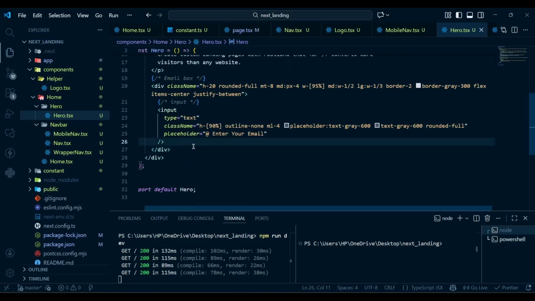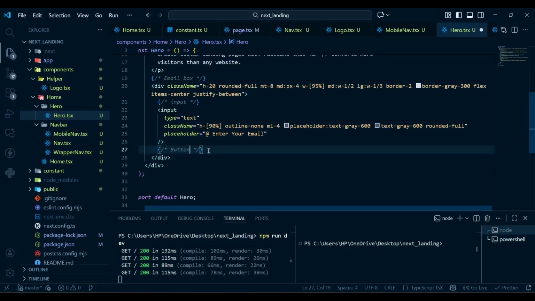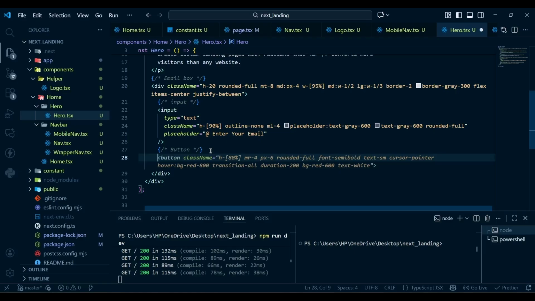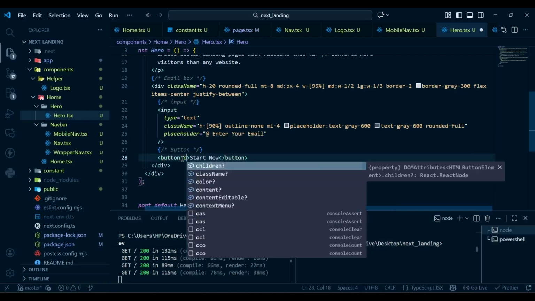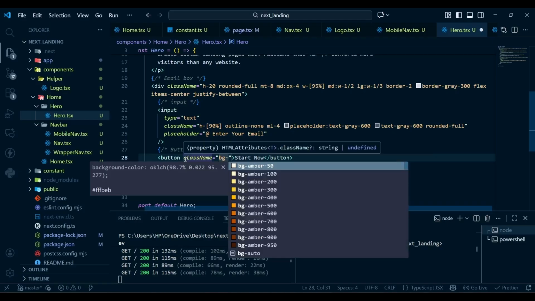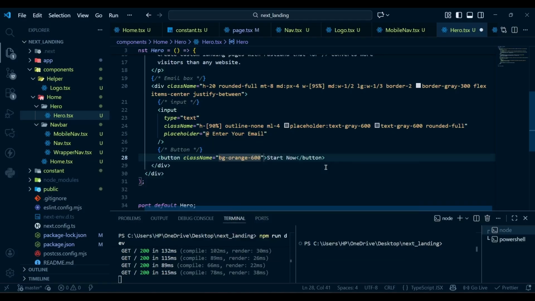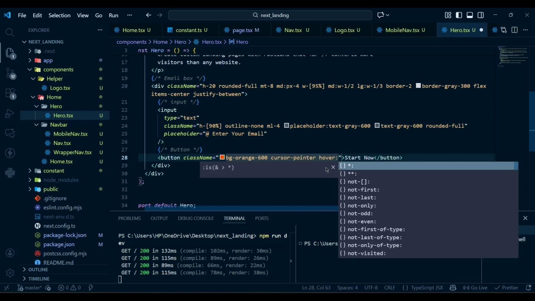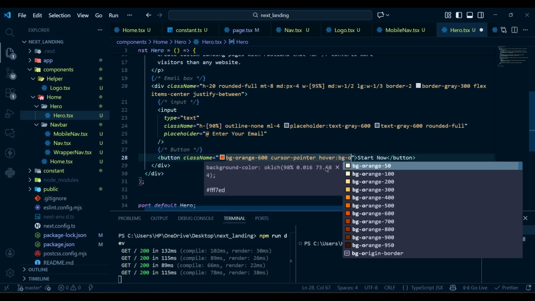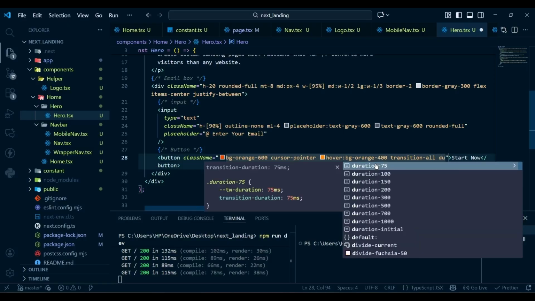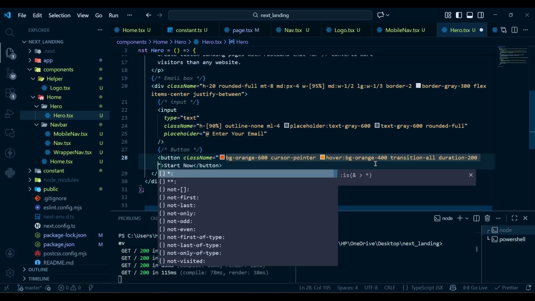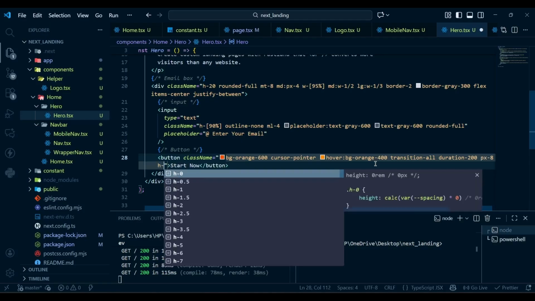So after the input we have our button, and here I'm going to use a button with the text start now, and this button will have a class name of bg orange 600, cursor pointer, in the hover the bg will be orange 400, transition all, and the duration will be 200 millisecond, px8, height will be 70%,